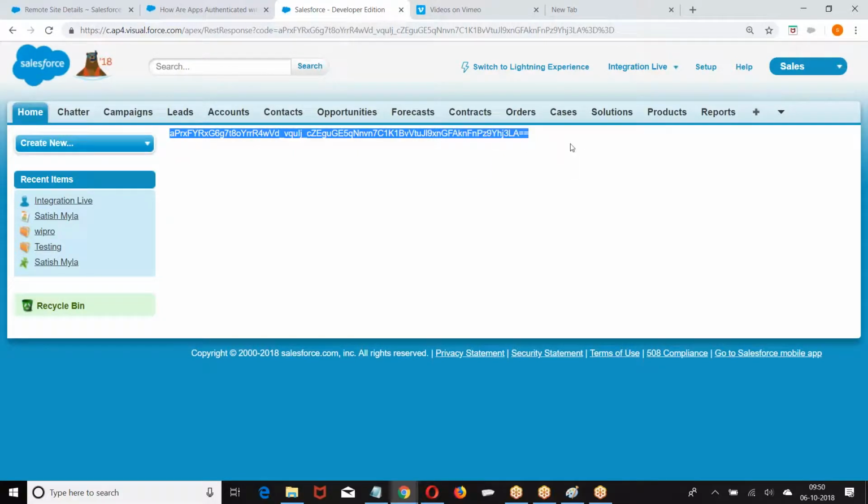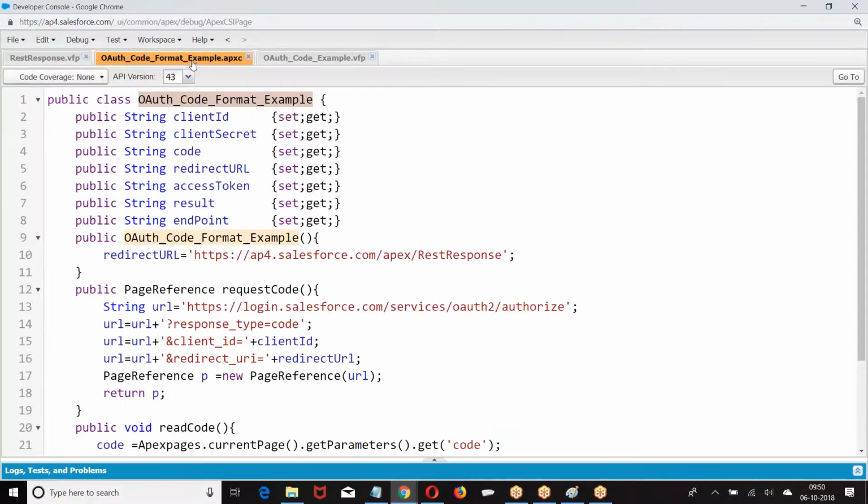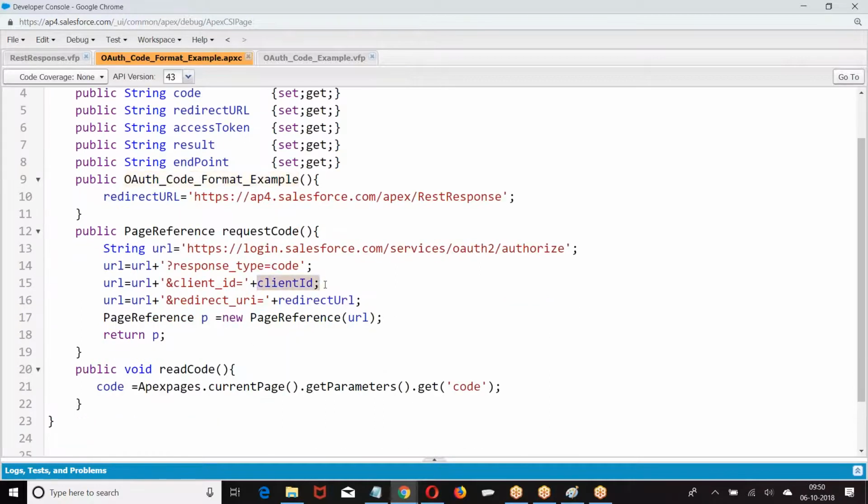I hope you are good with this. Okay. Now what did I do? Look at the requirement. First step, we have gone with requesting. So I told URL, client ID, callback URL. We have taken a client ID and a redirect URL. If you give this, we are going to the callback URL where we are getting a code.